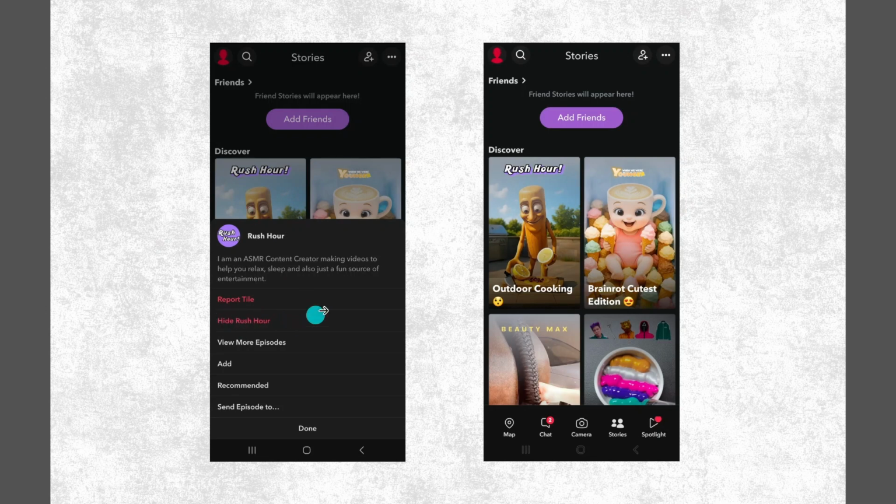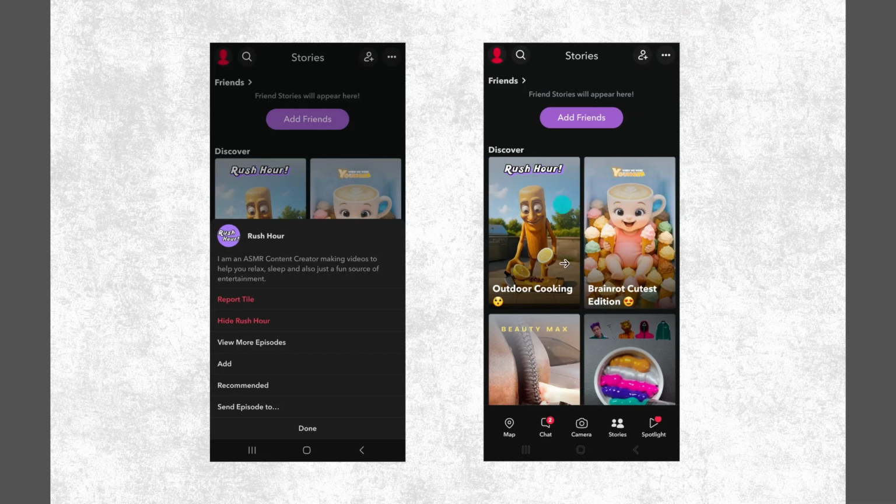Doing so essentially helps Snapchat gauge your content preferences over time, and bit by bit leads to less unwanted content cluttering your feed. Now, you may have noticed that Snapchat doesn't allow users to completely turn off Discover. However, by managing the visibility of individual pieces of content, you can significantly influence the nature of the stories featured on your feed. Up next, we'll focus on restricting spotlight content and ads, which can also contribute to a cleaner